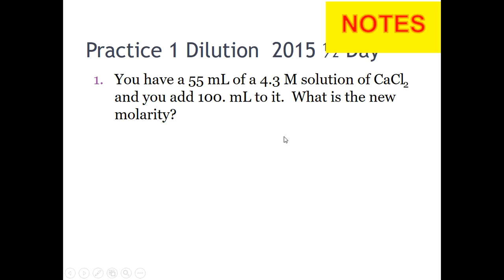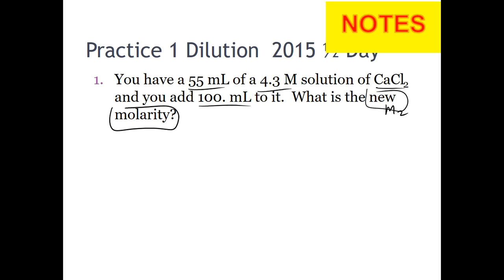Set it up and ask yourself, what you got, what you need, right? So what we need is the new molarity, and the new molarity, of course, is called M2. What we've got is a whole bunch of data. It's telling us we got 55 milliliters of a concentrated solution, and you're going to add 100 milliliters of it of this calcium chloride